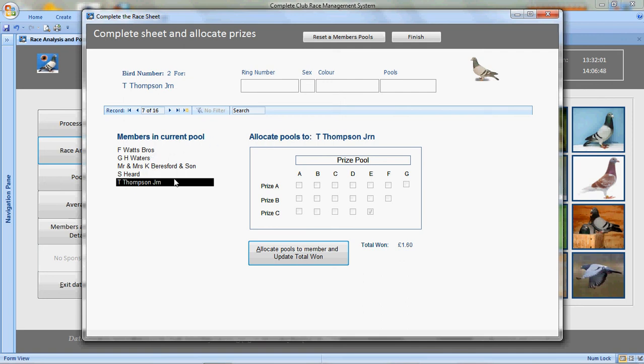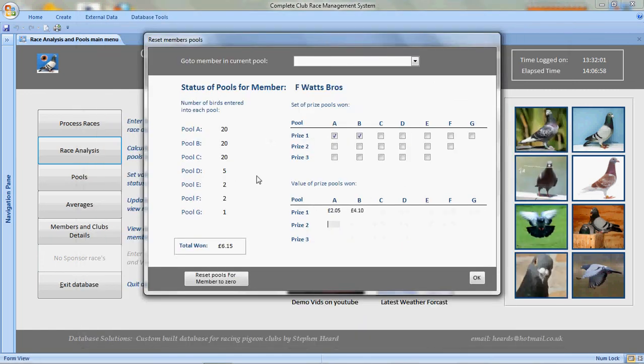Now if you do find you make a mistake allocating pools, then you can reset a member's pools, and this will reset their pools to 0. So let's say we made a mistake with Mr. Thompson. You just click on Mr. Thompson, it'll show he's got pool E in prize 3 and he's won £1.60. Now if it was made a mistake, you can reset the pools here to 0,